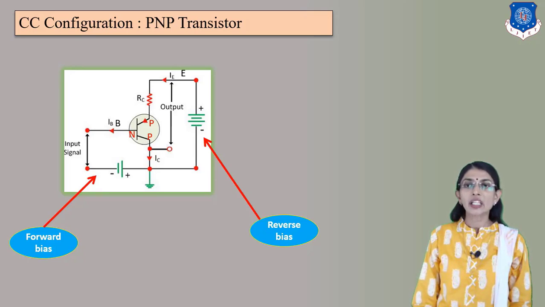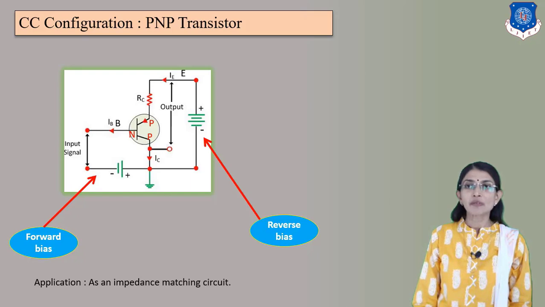So from this circuit diagram, you can easily understand that collector is common but it is of P type, because here I have used a PNP transistor, the collector is of P type, that's why it is connected with the negative terminal as a reverse bias connection. Always remember, for connection of any external battery, observe the input terminal and connect according to the forward bias, and for reverse bias, observe the collector terminal polarity for connecting the reverse bias.